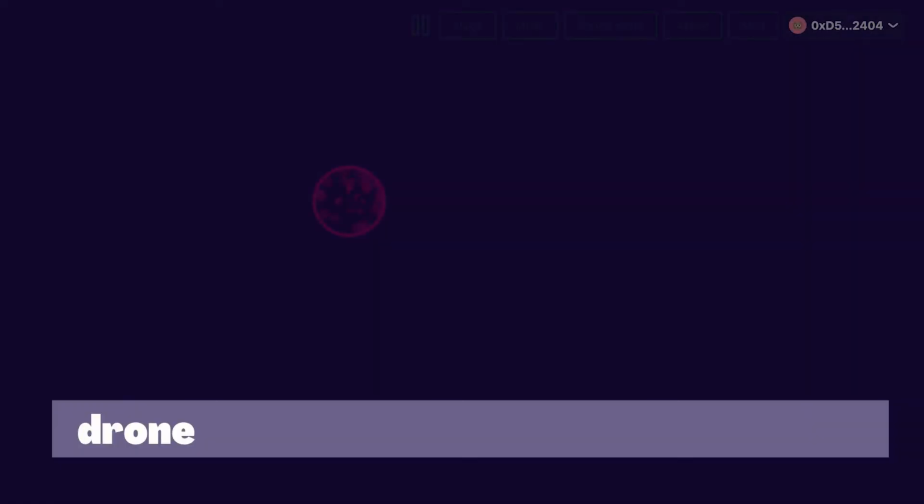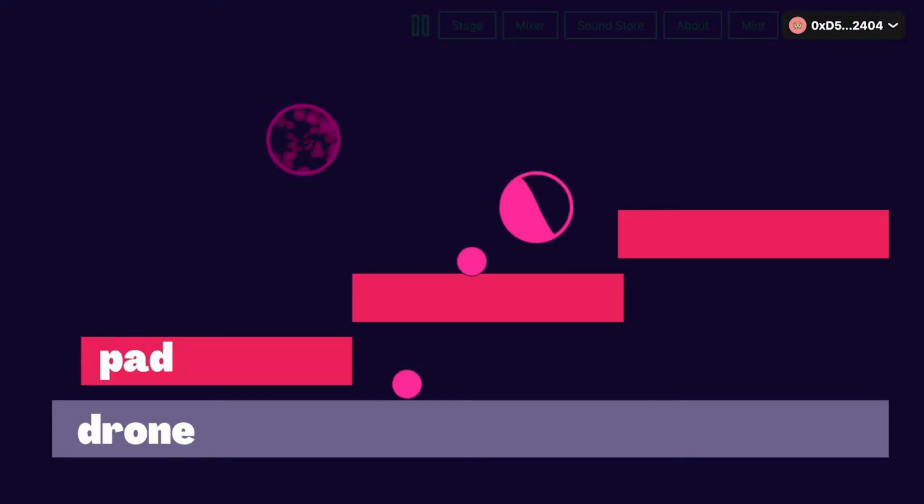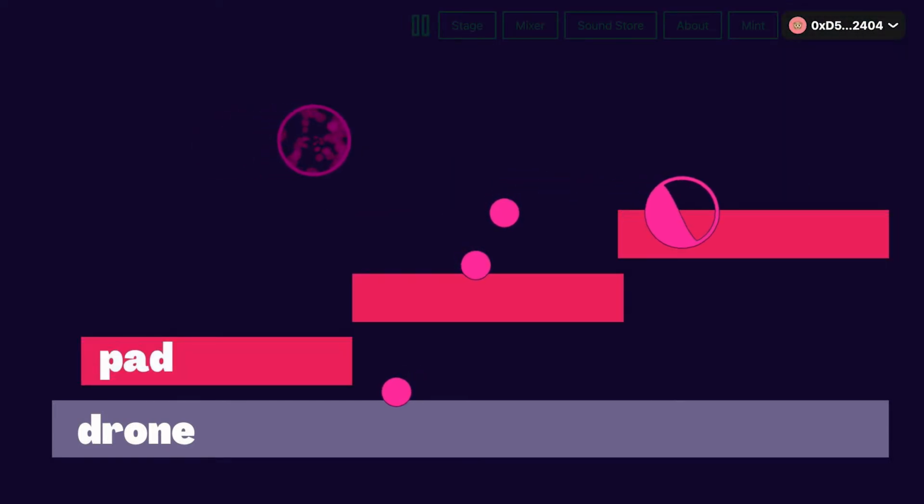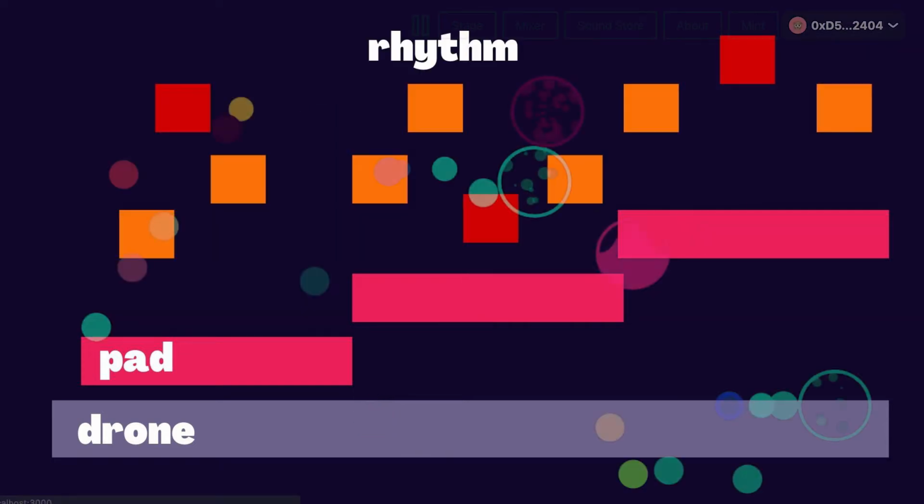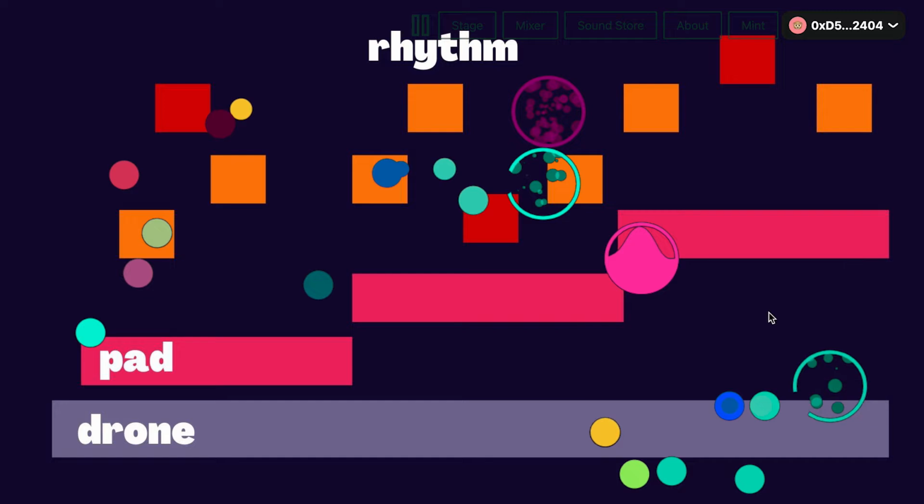The base of a song is a drone sound. A drone sound is a deep bass sound that's just sort of there, slowly moving, slowly evolving, and that's the foundation upon which we build the rest of the music. The next step is our pad sounds. Now, pad sounds are piano chords. They're 3 and 4 notes played together. Slow, soft, long, evolving sounds. And then we've got rhythms. Those are played on top of it.